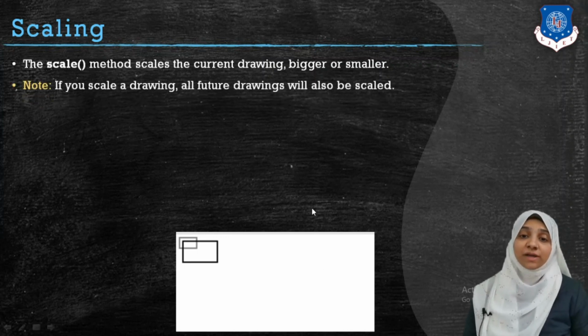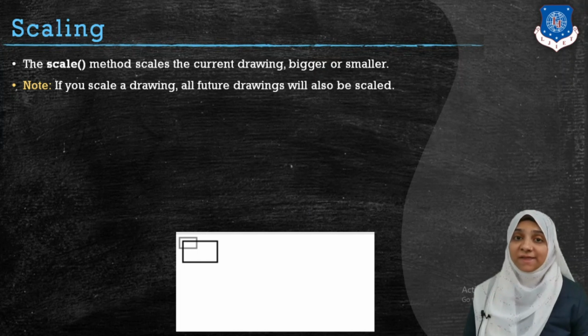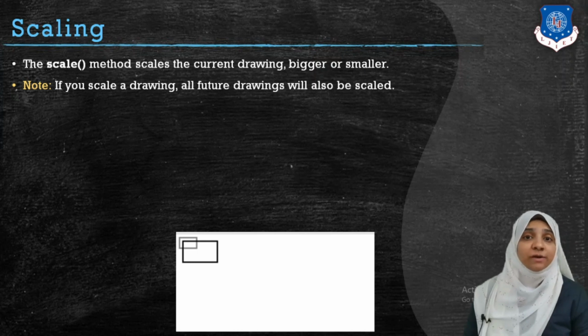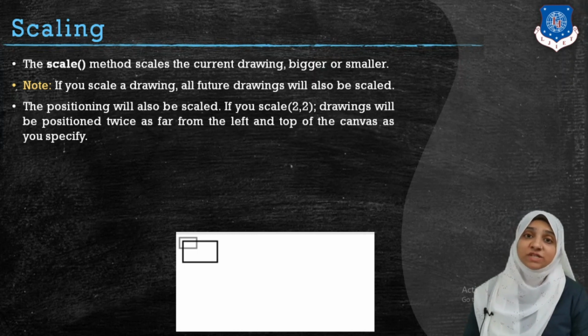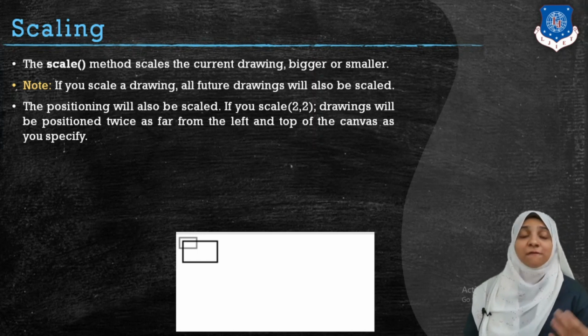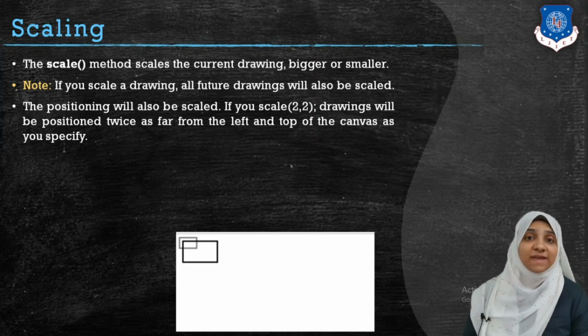If you scale some drawing, every drawing following that scale will also be scaled. So for example, if you want to scale only one rectangle and whatever shape you draw after that should not be scaled, then you should restore your scale. The positions will also be scaled. For example, if you are referring to 5,5 in the original coordinates, it is actually referring to 5 x coordinate and 5 y coordinate. But once I increase my scale to twice, 5,5 will actually be interpreted as 10,10 because each coordinate will